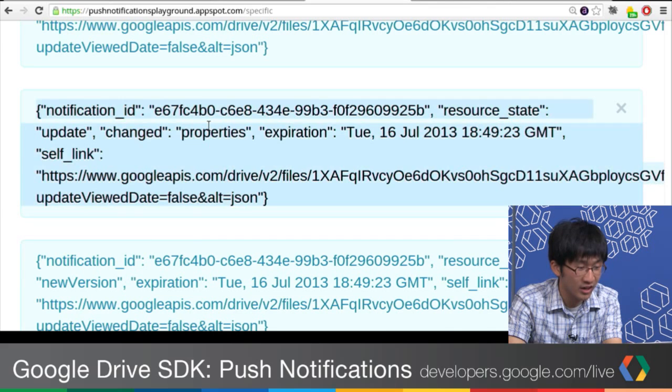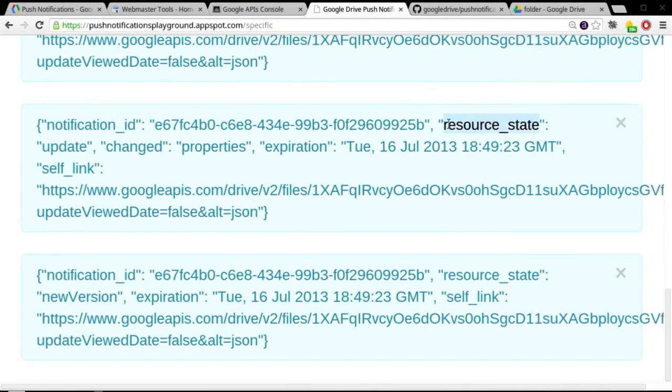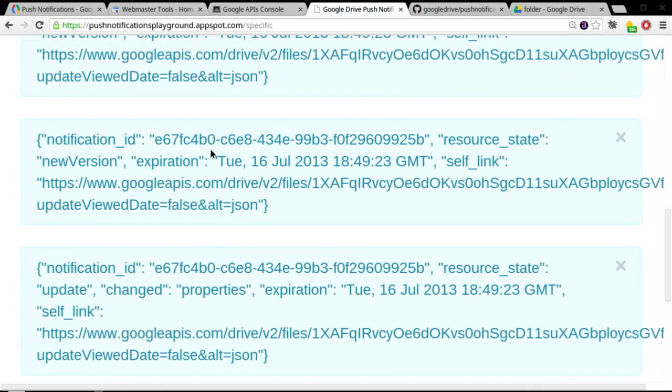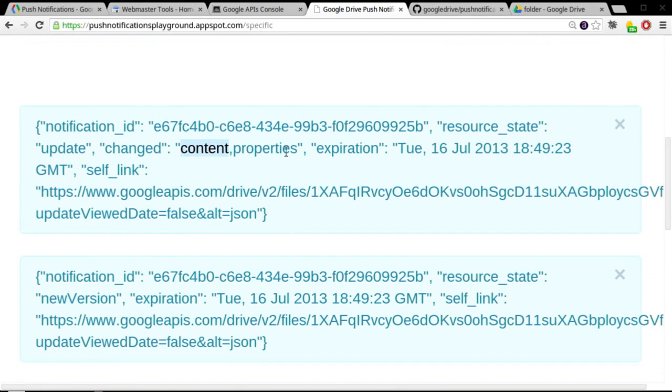Here you can see that the changed resource state is update, and the changed parameter is properties. This is probably because I changed the title. Right, exactly, which is the metadata of the file. Also, you can see here it says update, and the changed parameter has content, because we apparently changed the